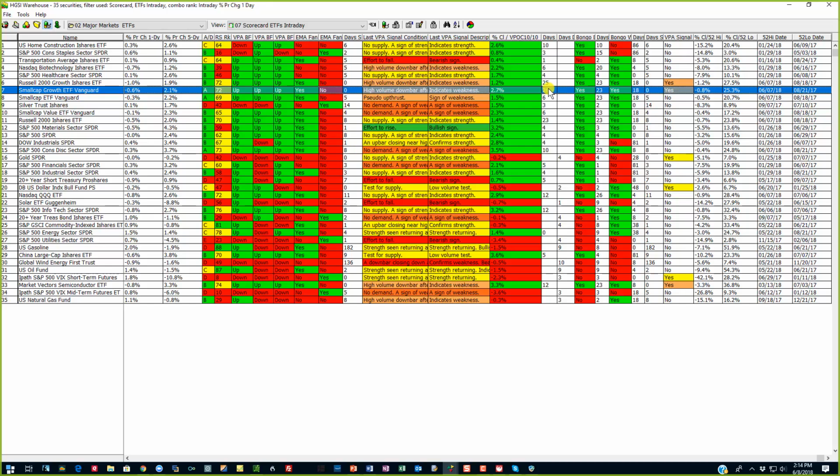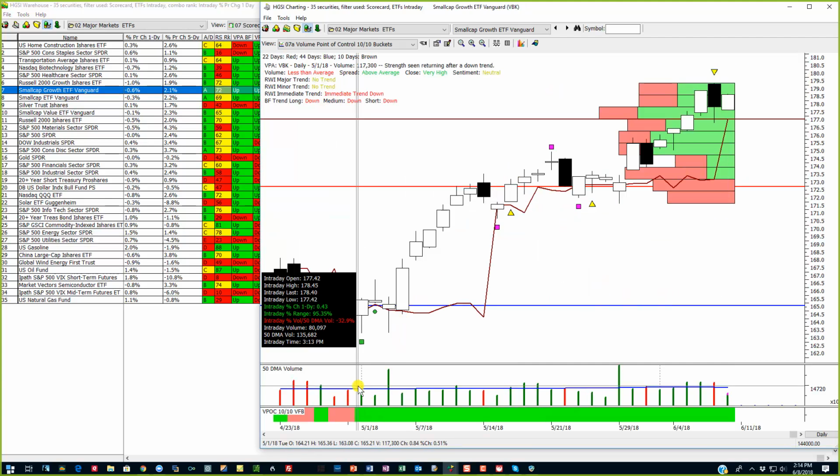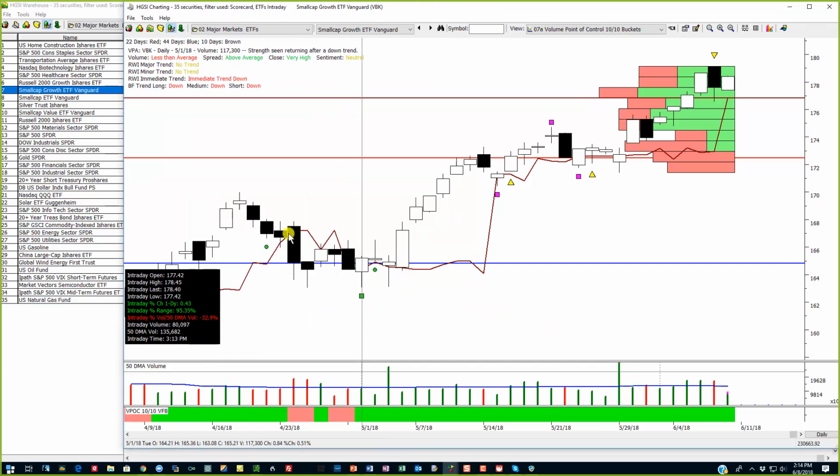Let's just look at this one before I go. This is 26 days, which is actually 27 days. Remember, small caps have been extremely powerful, and you can see that that would be 27 days ago right down here. Now let's open this up a little bit. You can see that it was going down. It was chopping us in here. Here was a reversal bar. It was strong enough to